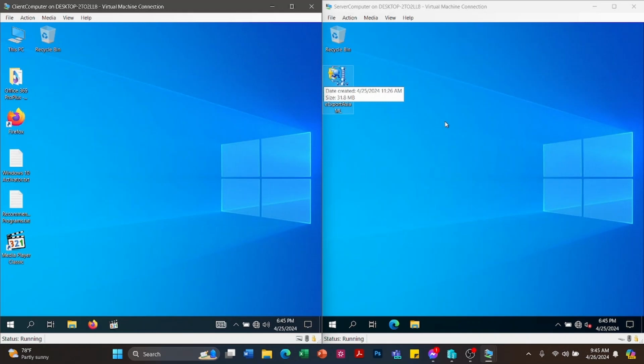Next, we installed and configured the DHCP for the network configuration settings of the client computer, for the network IP address of the client computer. So we created a scope.